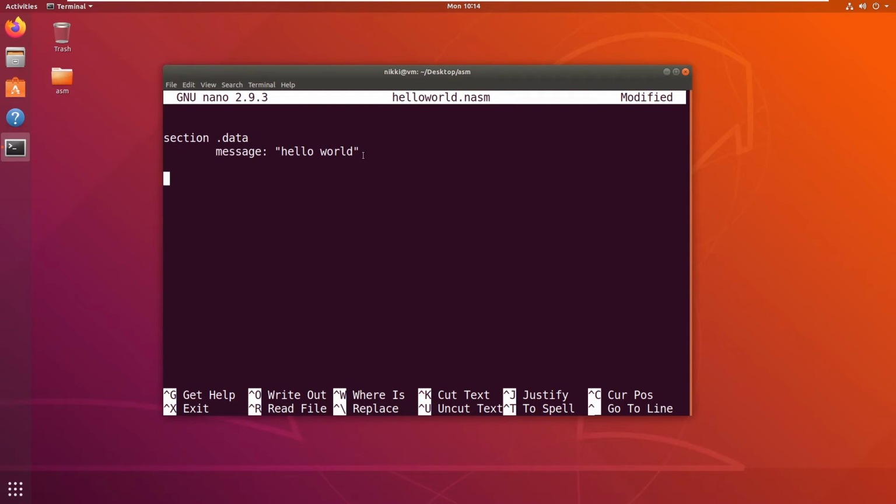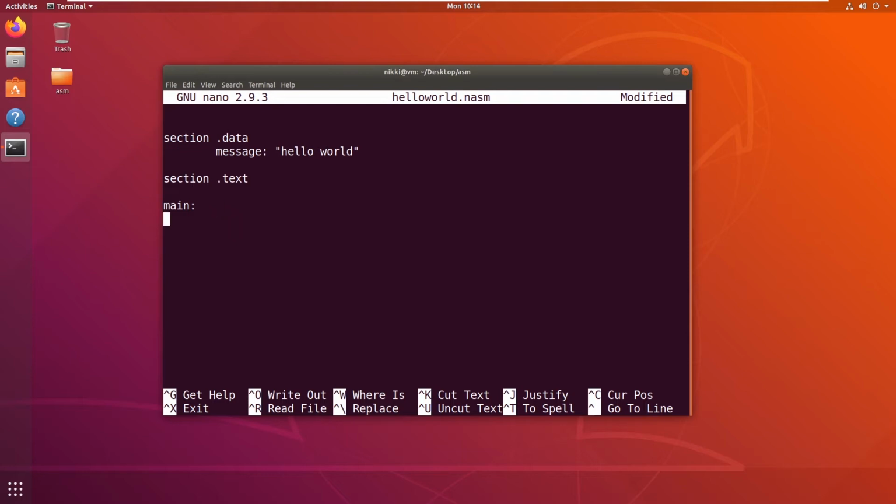Now we need to create a section called .text section, and in this we want to create a main function. If you know C programming, the main function is the starting execution point of our program. In the same way we say main, and you need to put the colon.